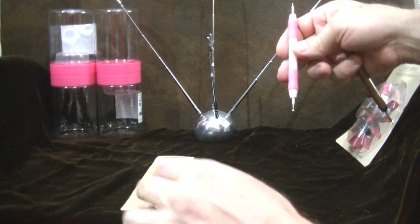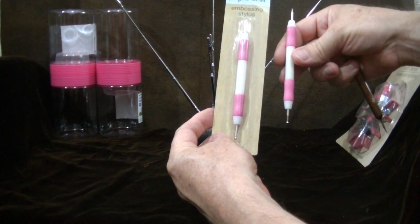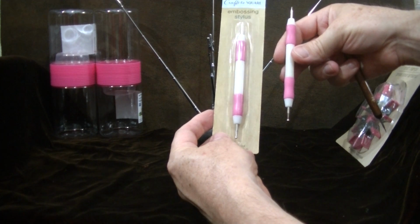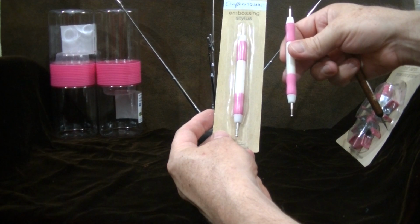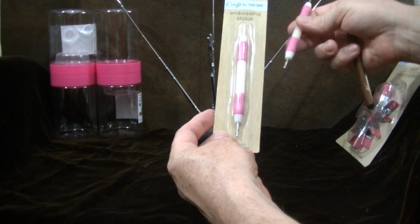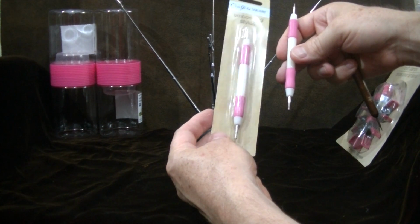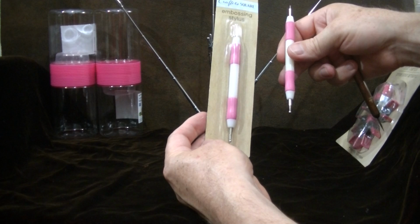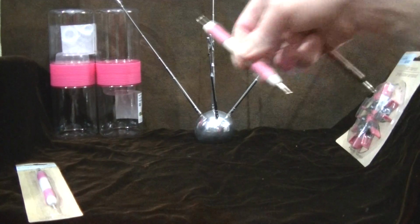I would certainly buy them again. Actually, I have bought them again. I've got like 3 or 4 of them now. Because, with a dollar store, you never know when something's going to be discontinued. So, I've got a bunch of these. I would highly recommend them if this is the sort of tool that you use for your work. So, you can use it as an embossing stylus, which is what it's designed for. Or you can use it as a polymer clay sculpting tool, which is what I use them for. So, yeah, definitely a thumbs up on this. Next item